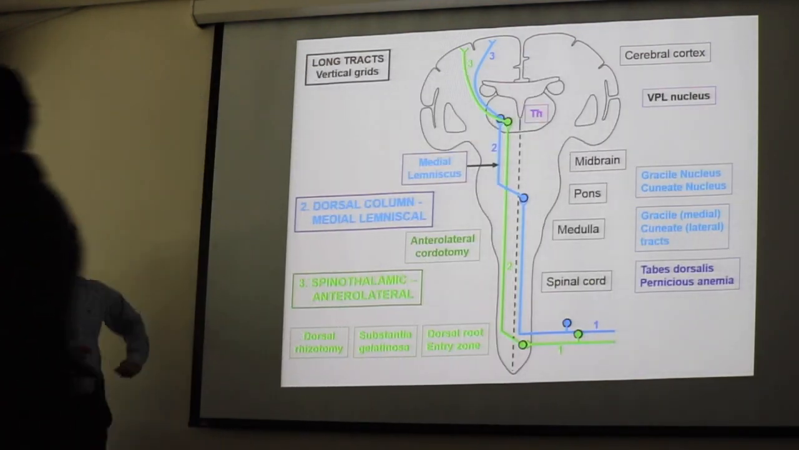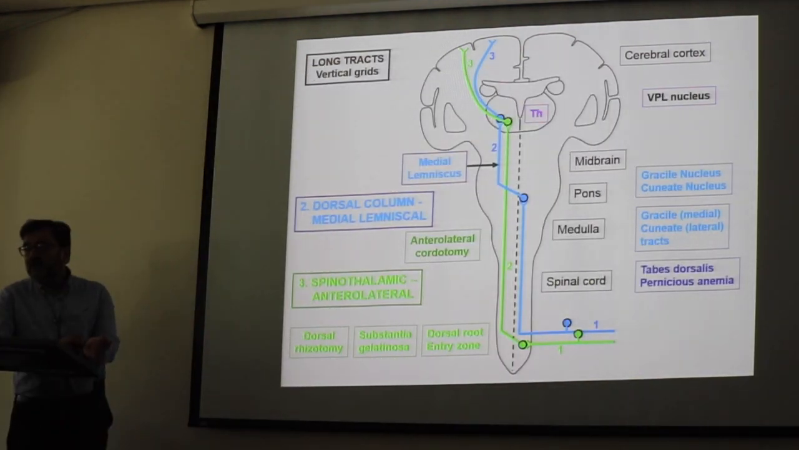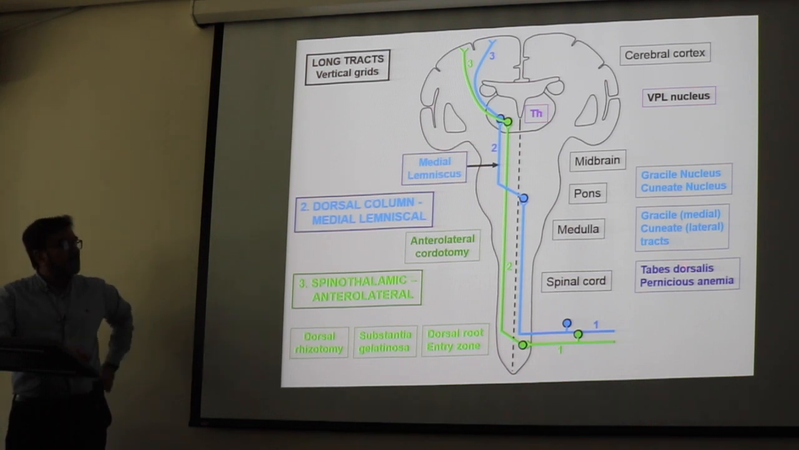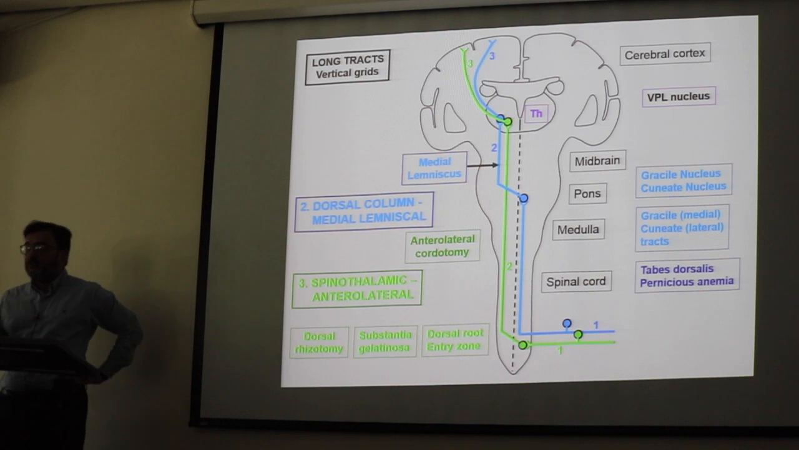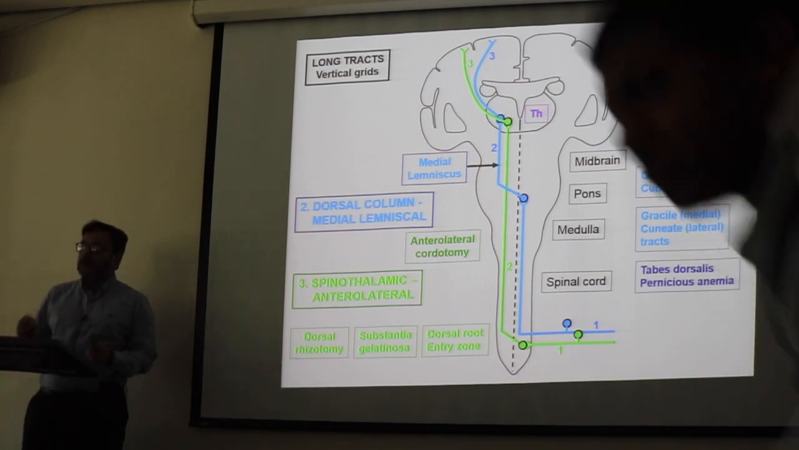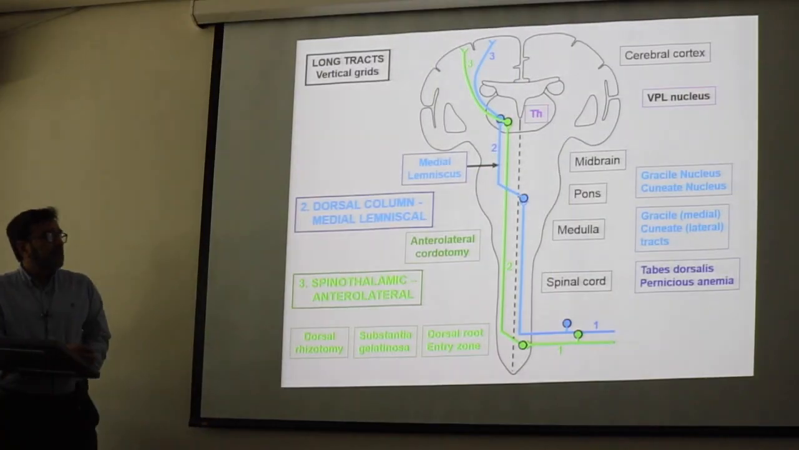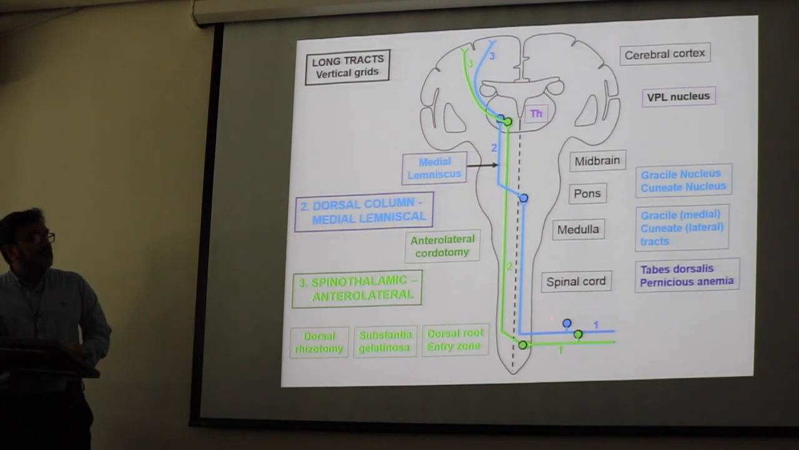In terms of the two major tracts in the sensory pathway, one is the dorsal column tract, which is responsible for two-point touch discrimination, vibration, and proprioception. The first order neurons are present in the dorsal root ganglia. They enter the spinal cord, ascend on the ipsilateral side all the way up to the medulla, and then they